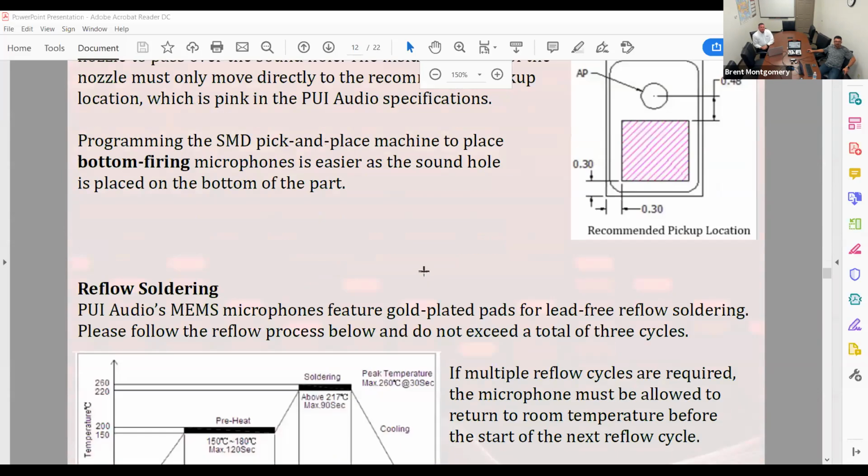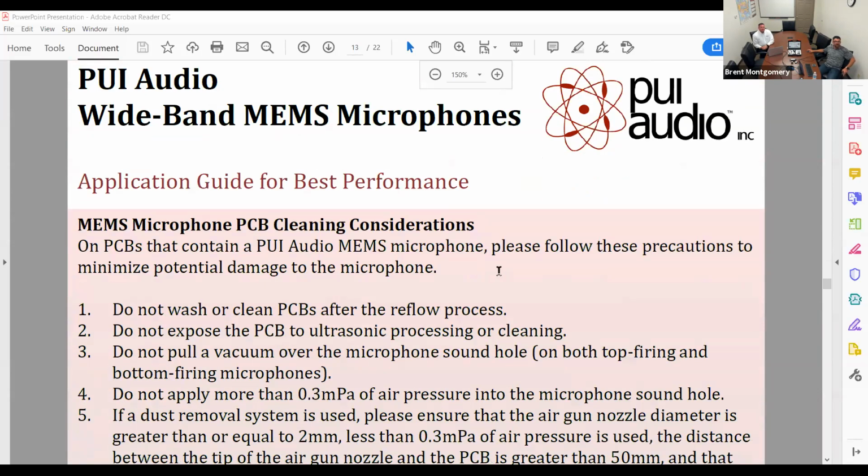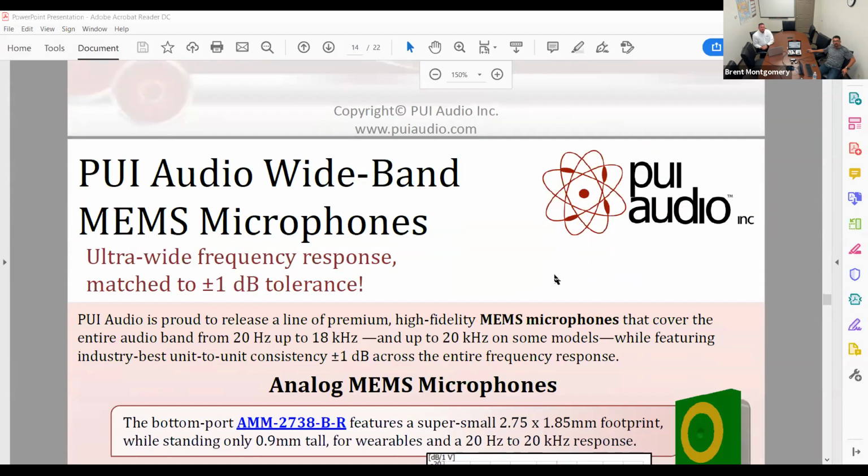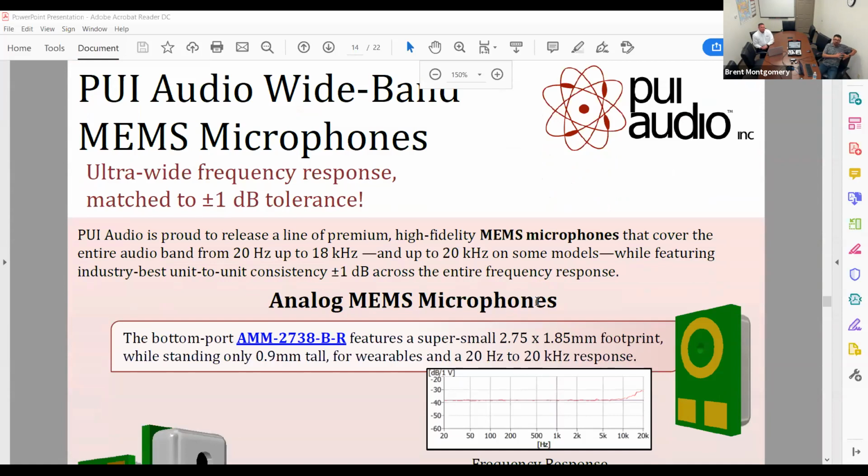One of the unique things about our MEMS microphones is that we developed them to be the best in the industry. And by that, I mean, we wanted to have the most unit-to-unit consistency. That way, in the event that you're setting up an array, you're not going to have very many anomalies to deal with. They're all going to produce almost the same output. So plus or minus 1 dB is a really tight tolerance. And also we characterize the performance from 20 hertz all the way up and above 20,000 hertz. Just recently, we characterized these into the ultrasonic range, and those are available on the spec sheets on our website for each of our MEMS microphones.